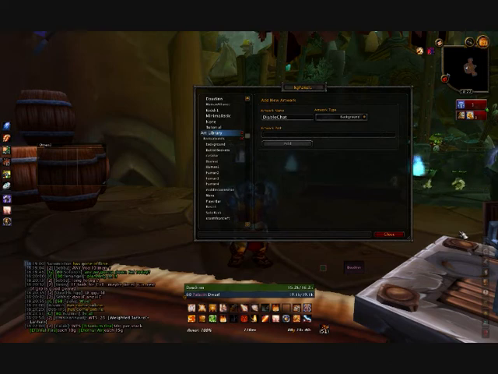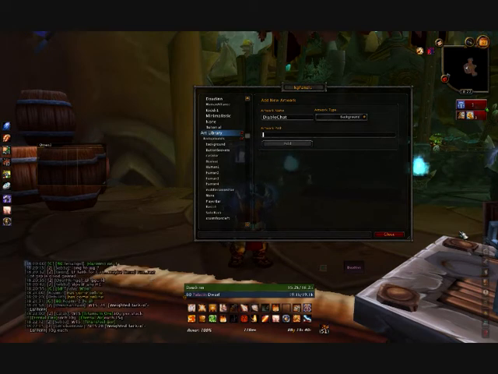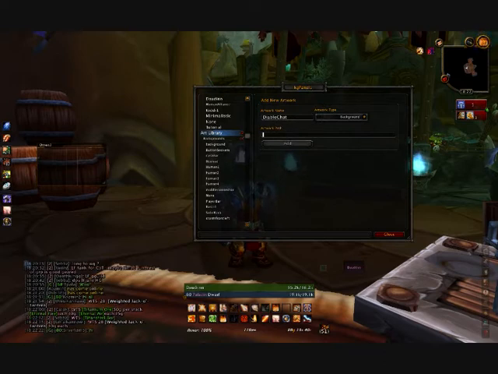Artwork path. The artwork path is relative to your World of Warcraft root folder. So you have to make a little folder called art in the root folder, not in the add-ons folder, but the root folder. So the path would be C program files World of Warcraft art, and for the sake of the add-on, we have to do everything with double slashes instead of just one slash, because otherwise it gets confused. So I have it in double slash art double slash